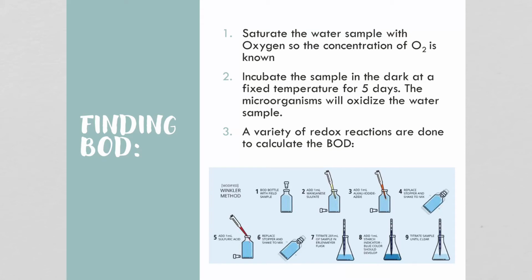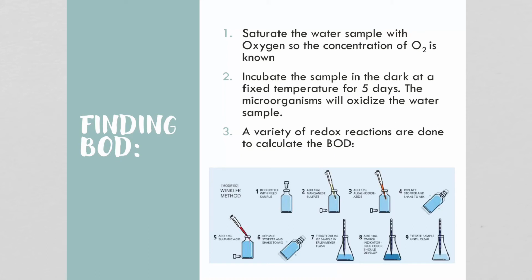So this is an example here. You fill your water bottle with the field sample. You add some manganese sulfate. You add some alkali iodide azide, which some of these compounds are toxic, so we don't normally use them in our science labs. You replace the stopper, you shake it, and then you add sulfuric acid, replace the stopper and shake again. Then you titrate out some of the sample and then add a starch indicator, and then you titrate the sample until it's clear. So it's a very complicated process, but it is a way of finding out how much oxygen is being consumed